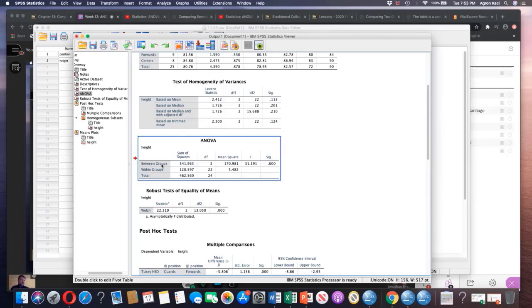Okay? Now you have the degrees of freedom for each. Between groups, the degrees of freedom is 2. Why? Because we have 3 groups minus 1. Now, within groups is 22, which is the total number minus the number of groups. Total is 25, minus 3 groups is 22. So these two together is 24. So the total is 24, or 25 minus 1. Always degrees of freedom is the size minus 1